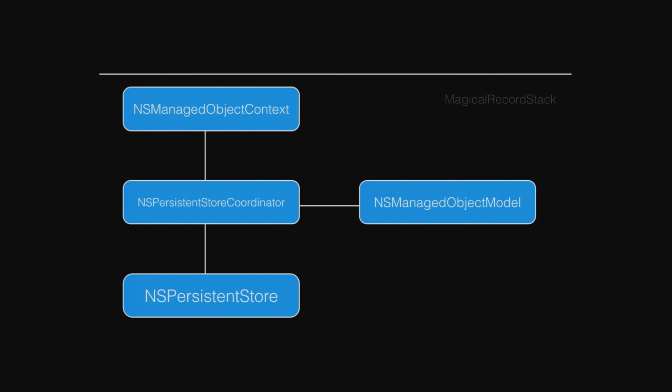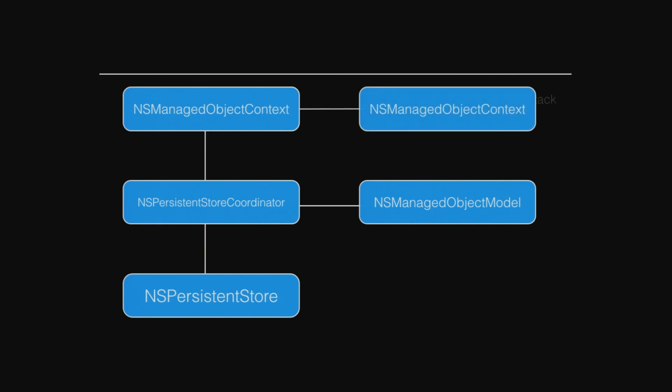The cool thing, once you have this idea of a stack, you notice how we set up SQLite stacks. We can have other kinds of stacks too. This is the newer way of doing things. We have our core data stack model here. We've got a store coordinator that knows about the model, and we have the context that knows how to talk to the coordinator. And then we have our background context. So one of these saves to the background, and the other one saves using the main thread.